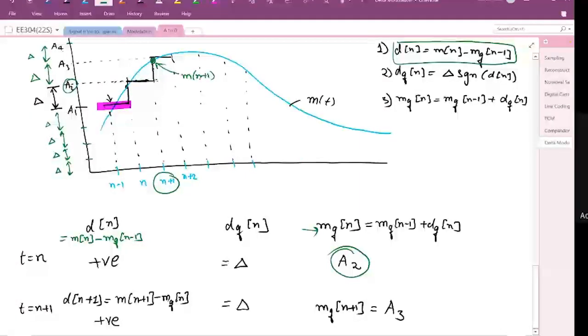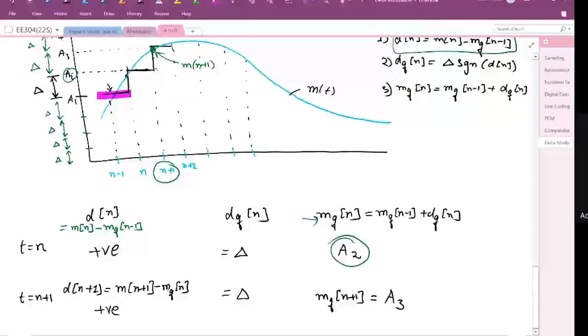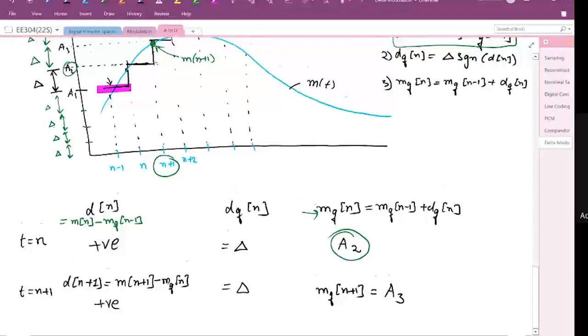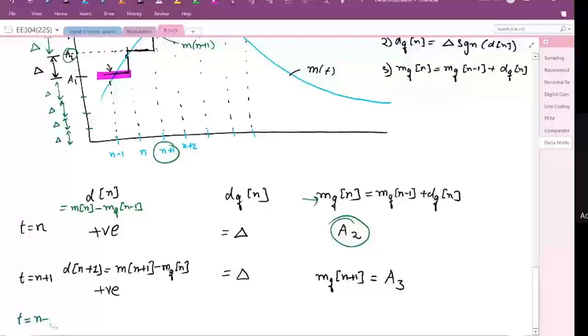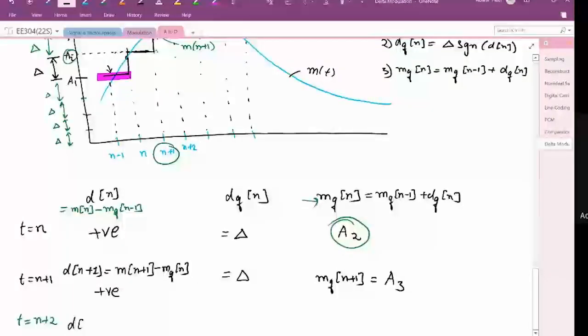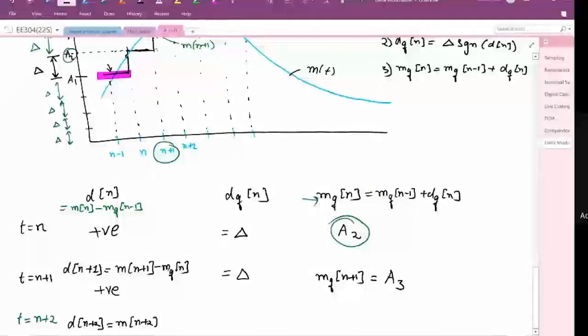Let's do this further. So now if I want to do this again for time instant t equal to n plus 2, what will happen here? For n plus 2, what will be the value of dn plus 2? If I check, dn plus 2 will be mn plus 2 minus mq